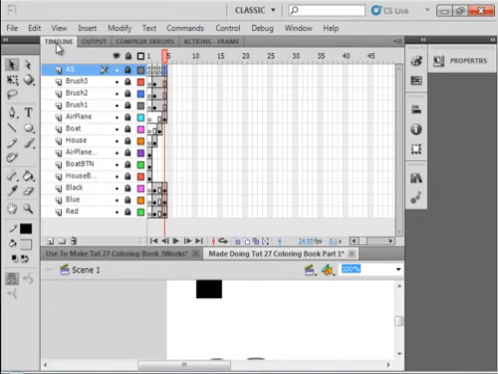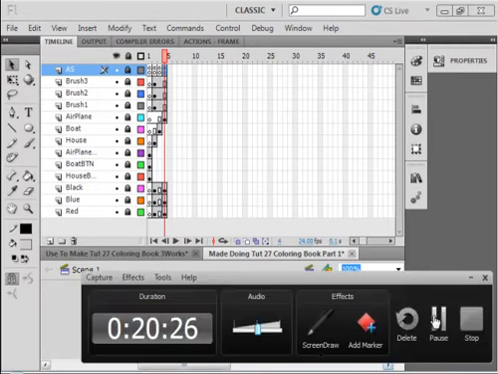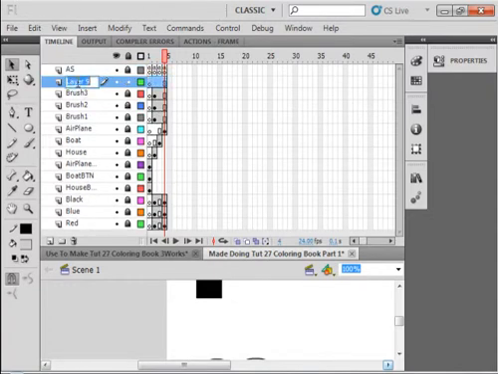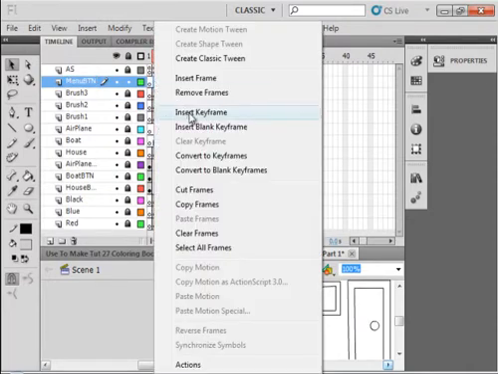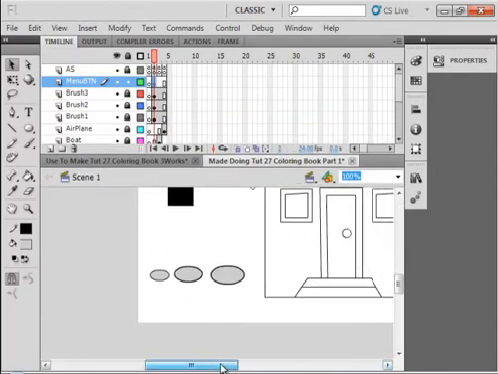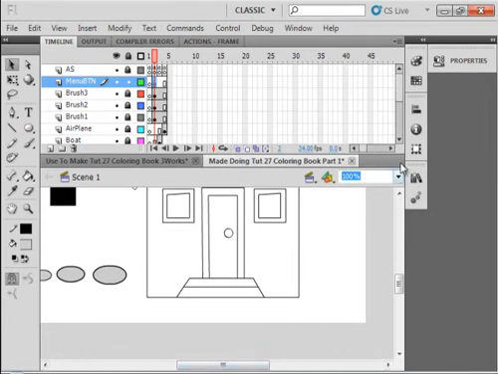But let's say I want to stop that one and do another one. Select the top layer, in this case brush 3, insert a layer, call it menu, M-E-N-U, B-T-N. This is where the menu button is going to go. Select frame 2, insert a keyframe or blank keyframe, and now come down the bottom here, and we're going to